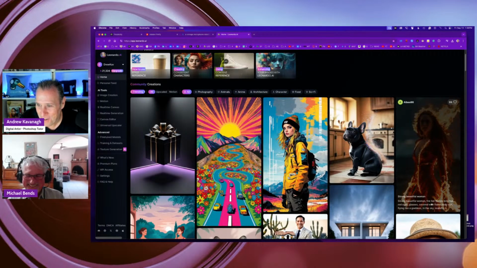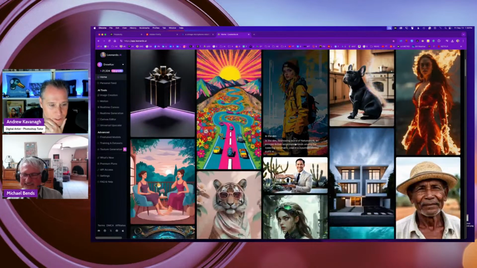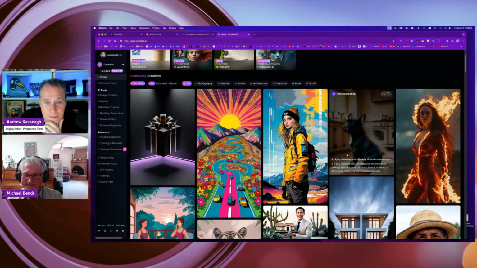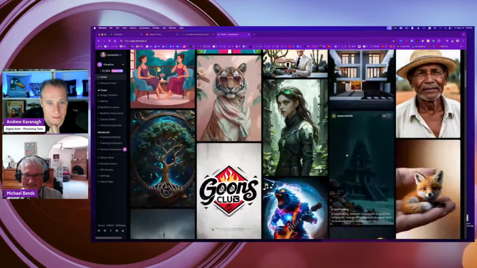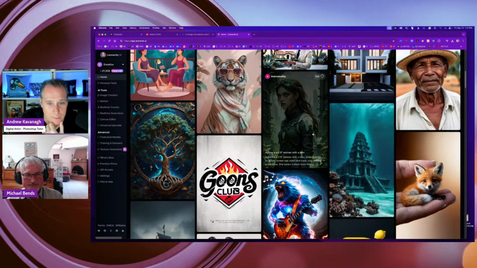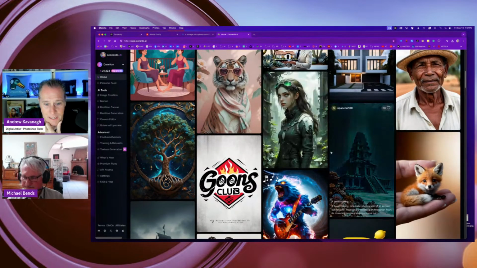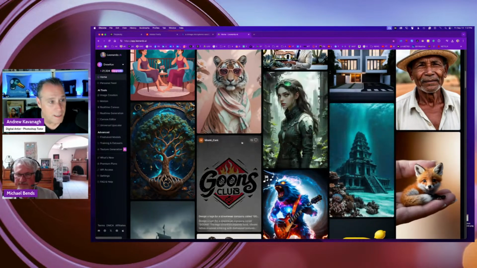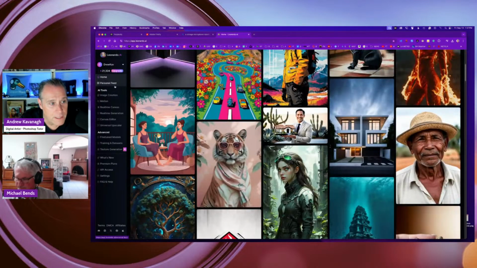And then you can see it shows the whole prompt. If you were to click on it, it would take you there, and then you could do similar. But there's a whole variety of styles. And I would say that apps like Leonardo and Midjourney are pretty much like the best. I mean, if you look at some of the detail, some of these are pretty nice. And then if you look over on the left, you have image creation, motion, real-time canvas, real-time generation, canvas editor. There's a universal upscaler, and there's different fine-tuned models, etc.